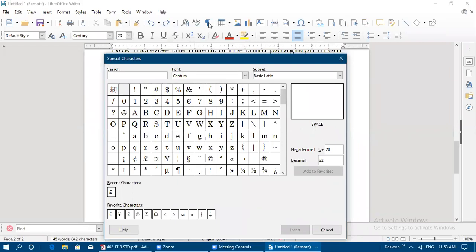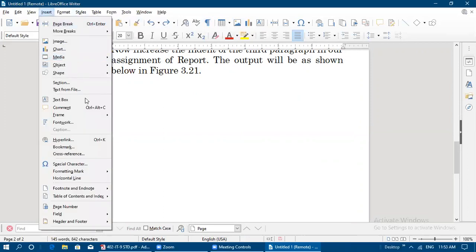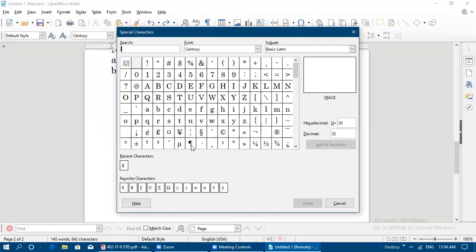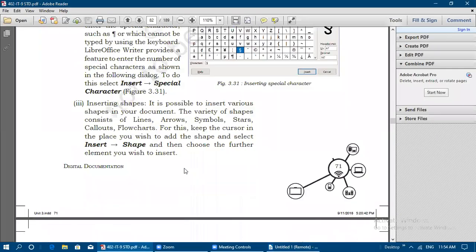See, these are paragraph markers, if you want to have them. To toggle the formatting marker or paragraph marker, we use this symbol. We don't have it on the keyboard, so we cannot type such symbols from the keyboard. For whatever symbols we are not able to get from the keyboard, we go for the special characters. From here you can insert this paragraph formatter, that is the pilcrow sign, or some other signs if you want. You can insert it in the place where you have the text cursor. Okay, and the next one is